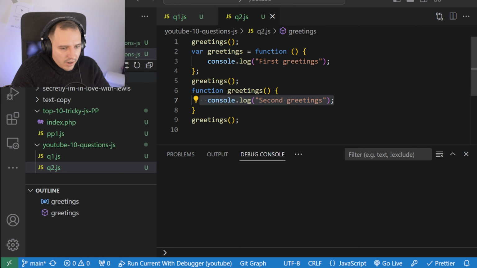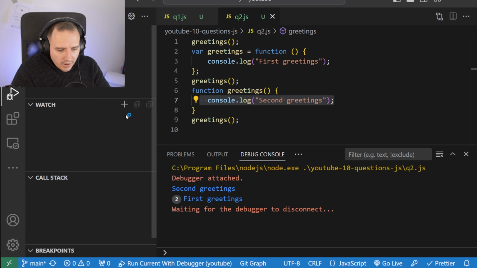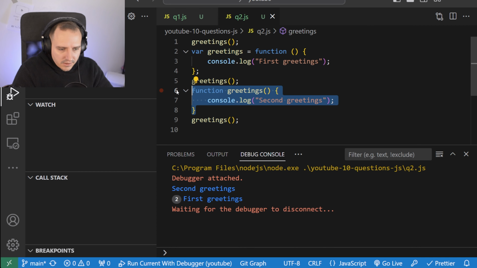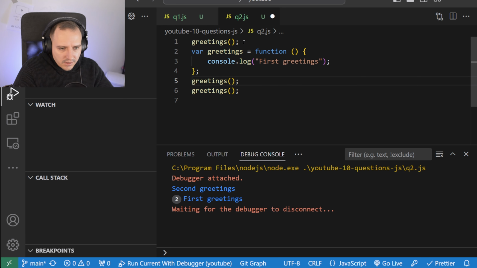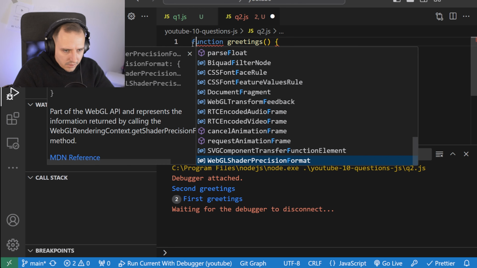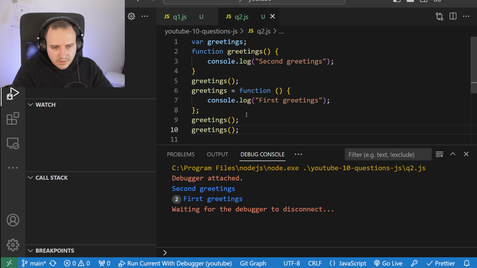So let's try to run this code on the server side and see what happens. Okay, second greetings, first greetings, first greetings. Isn't that what I said? Yeah, that's exactly what I said. This code is evaluated something like this. Let me show you. Okay, so here we say greetings. If I'm correct, this should get the same exact output. Yes. So this is what actually happens. If I were to show you like this, you'd be simply getting the same.